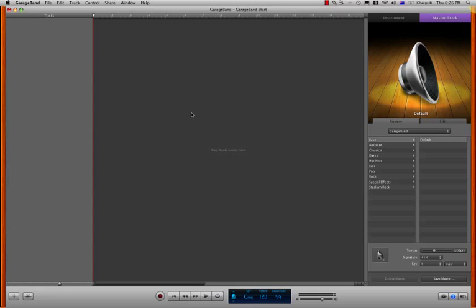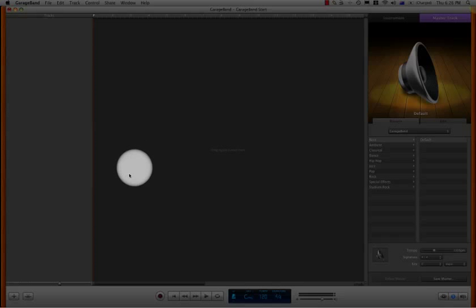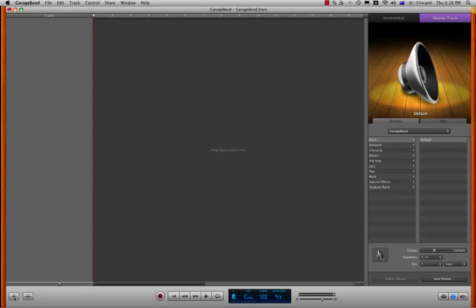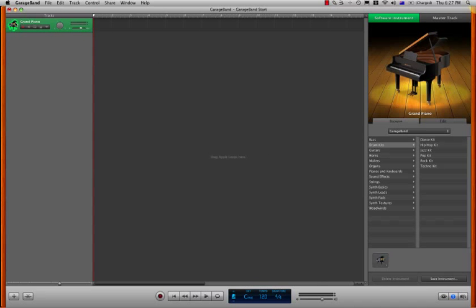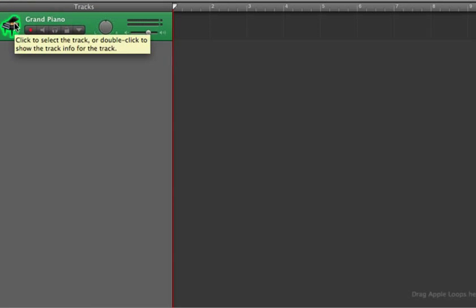We're going to set up an instrument track now, so let's go down to the bottom here and click on our button, which gives us three options. The first is software instrument, the second is a real instrument, which is for setting up microphones, etc. And the third is for electric guitar to plug it straight into your audio device. We're going to choose audio instrument, hit create,